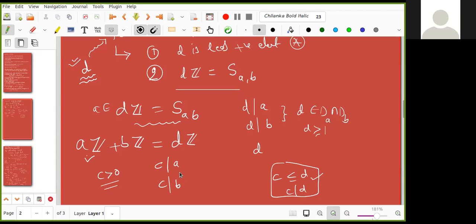Sir, if C divides A and C divides B, then D can be written as a linear combination of A and B. No, go slow. C divides A, C divides B. From this, what can you conclude? C divides AX plus BY. That is okay, but now we need something D related, right? We can write D as a linear combination AX plus BY because it's an element of S(A,B). But we already did that in the first part. So it could be written as DZ. Okay, one minute. You are actually done. There is no doubt you completed.